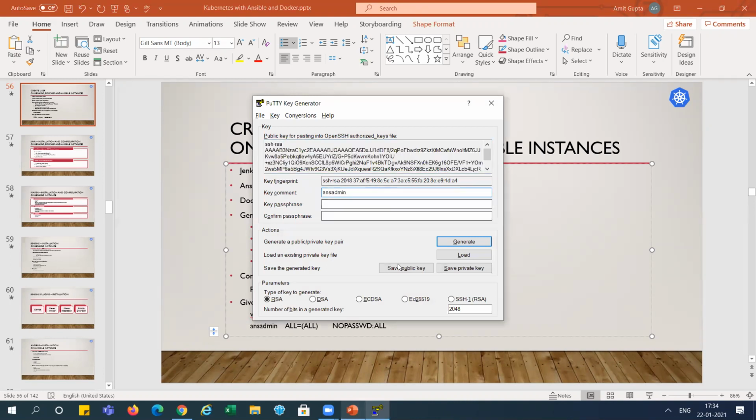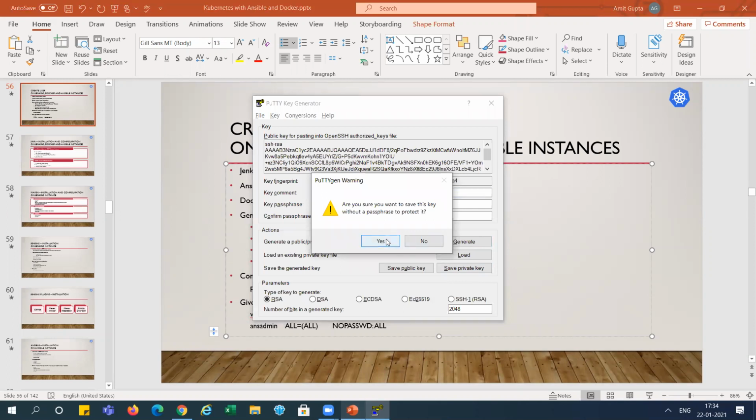Right. So I am using this public key as well as private key. I am just saving it.